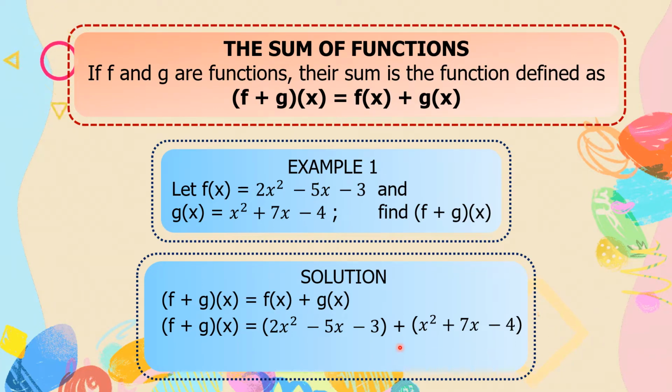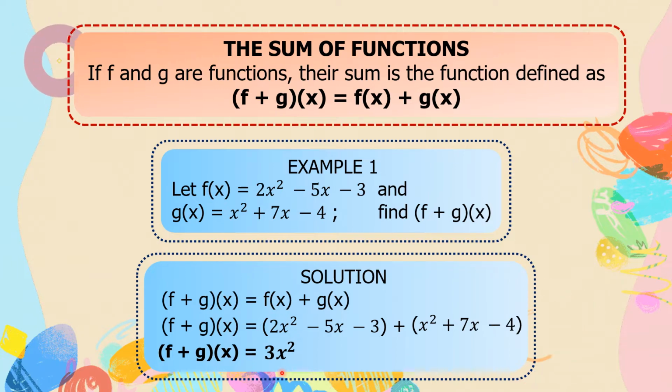Ngayon, i-add na natin. Pag mag-add tayo ng algebraic expressions ay i-add lang natin yung similar terms. Pag sinabing similar, pareho ang variable at pareho ang exponent. So dito mapapansin ninyo na ang similar terms ay 2x squared at yung x squared. So let's add 2x squared plus x squared is equal to